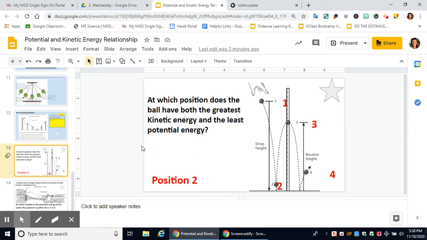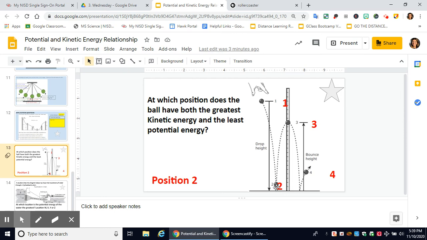All right, a few more STAR test questions. At which position does the ball have the greatest kinetic energy and the least potential? Remember, to have the greatest kinetic energy, that's energy of motion. So you want to find where the object is closest to the ground. So if you look at position 2, the ball is closest to the ground, so that's where it has the greatest kinetic energy, energy of motion, and